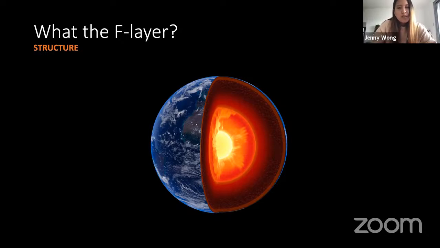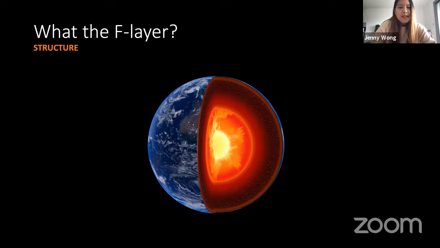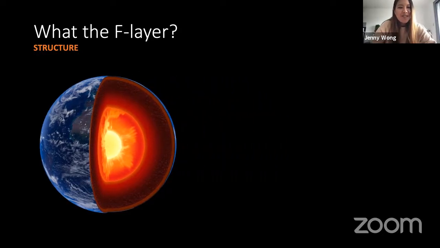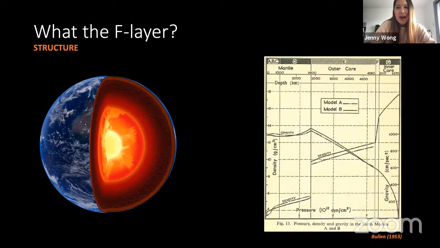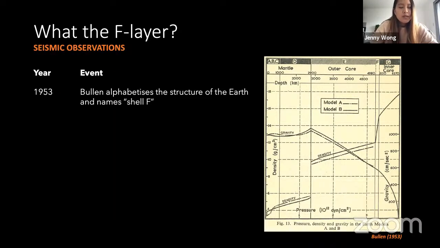And we've actually known the structure of the Earth for, I'd say, quite a while now. There's this interesting classification of the different layers of the Earth, which was tabulated by Bullen back in 1953. And what he did was label the surface of the Earth layer A and then progressively down to layer G, which denotes the inner core. And you might notice here that there's a bit of a transition layer between the outer and the inner core, which Bullen called layer F or shell F. So this was